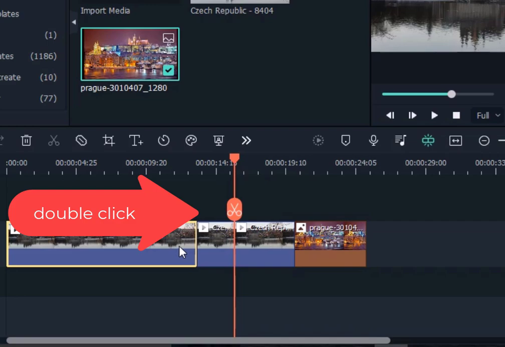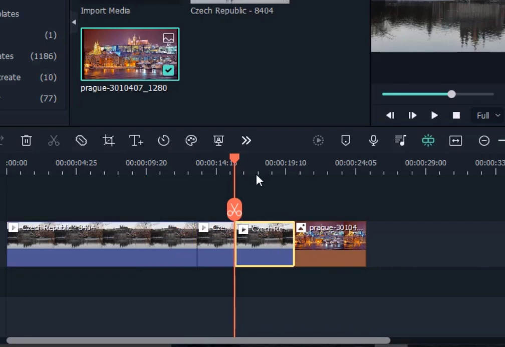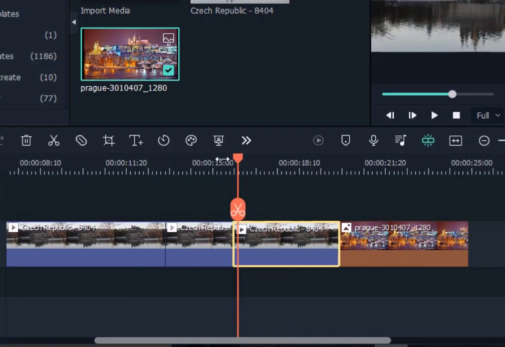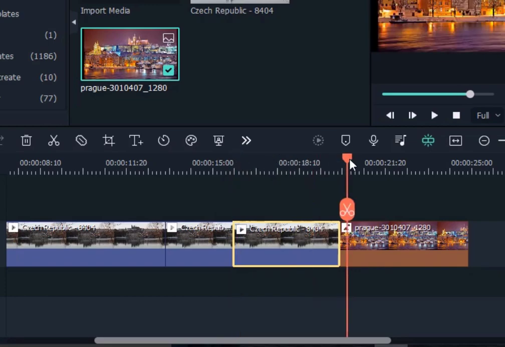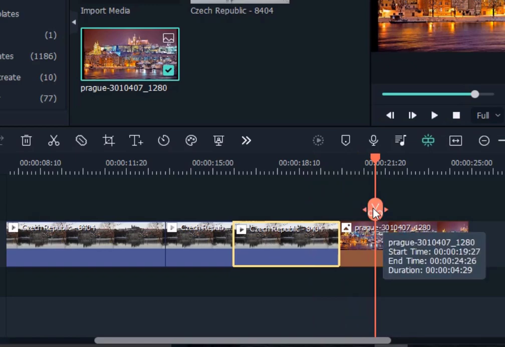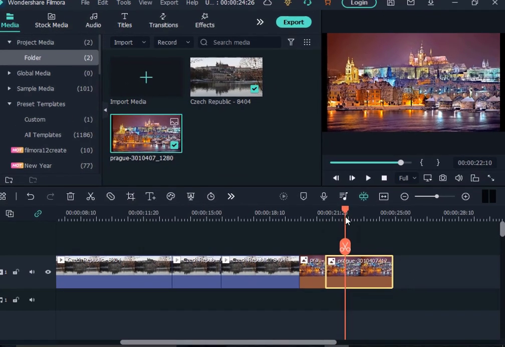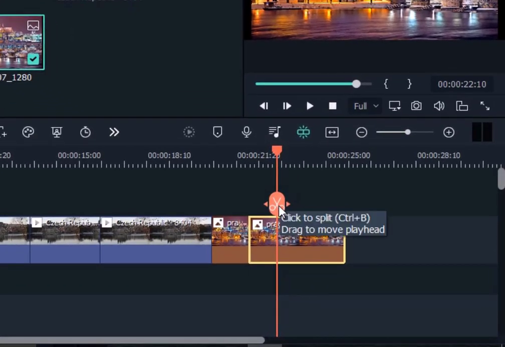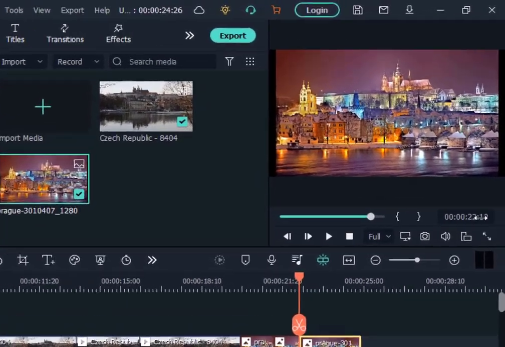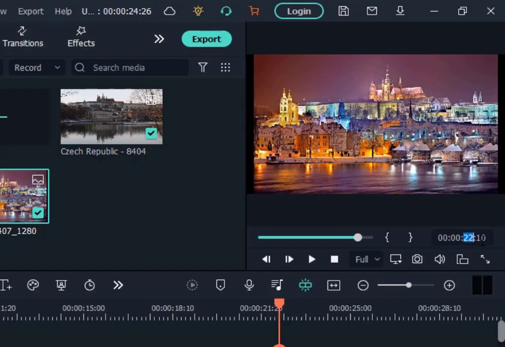1, 2 and 3, right? And if you cut this pic, select the area and click on it and your pic will be trimmed. And if you want to trim it again, double click on it, this scissor, or Control B, click on it. You can also trim it from here, click on this time area and select your clip timing and enter it